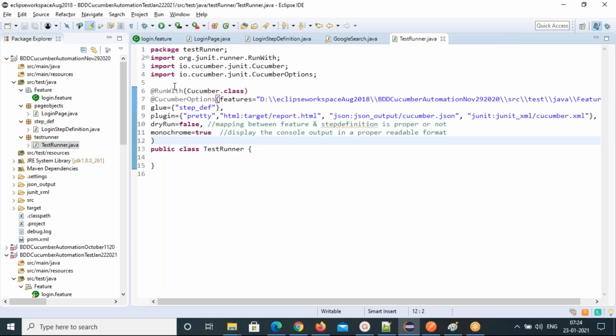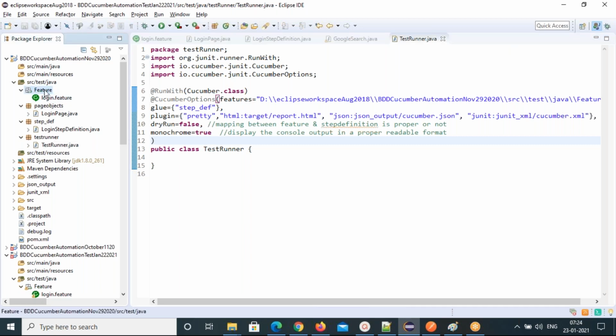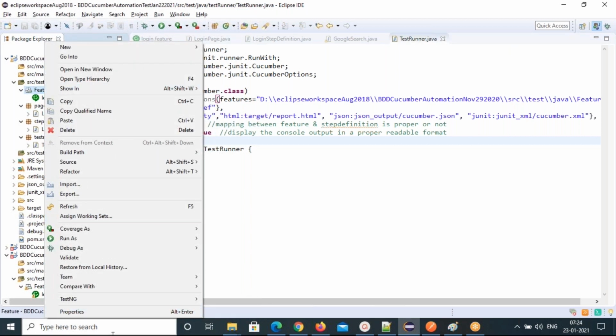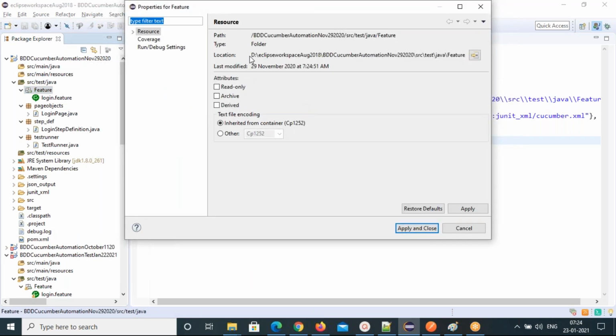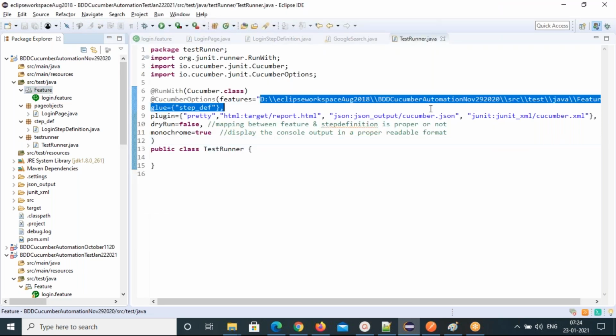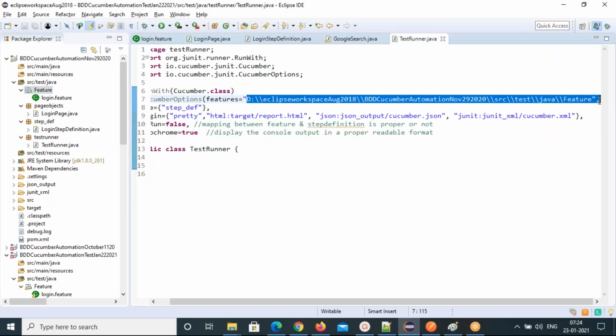What is the path? This is the feature file path, the feature folder path. Just give this one, till feature only, so that I can understand this is my feature.